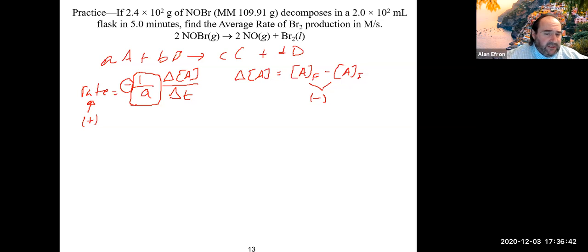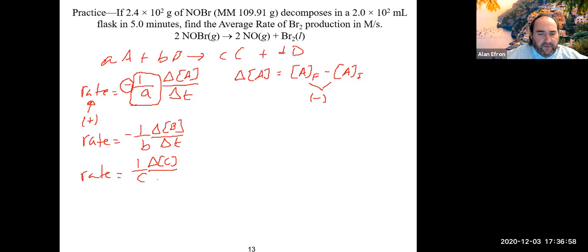You can do this relationship for everybody that's there. You can do it for your other reactant as well: 1 over b, the change in the concentration of B over the change in time. The rate is equal to 1 over c, the change in the concentration of C over the change in time. The difference here is that with C we are dealing with a product, which we would expect to increase with time. So when you take your final minus your initial,